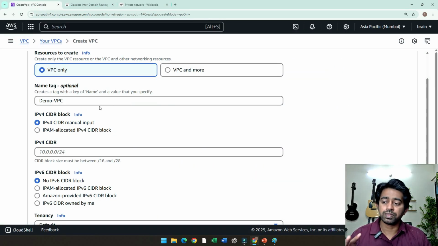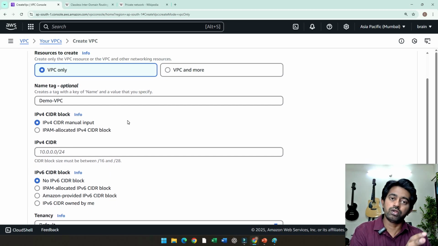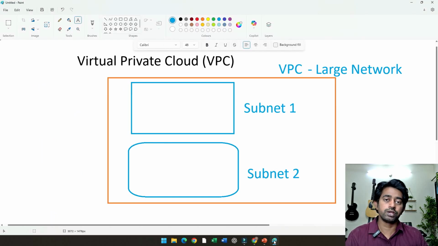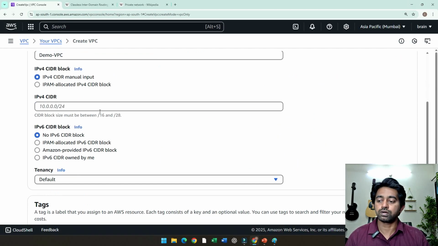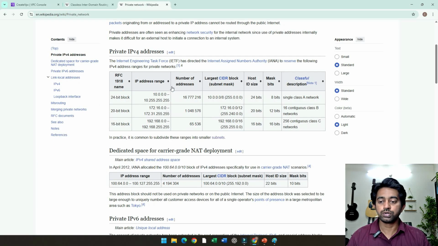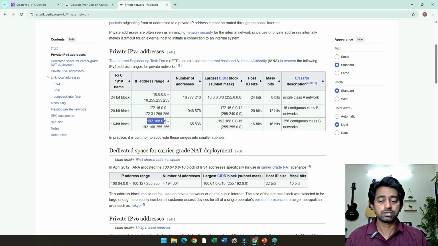So in this case, in VPC also, what we are going to do is take a private IP range to create our large network, as I've shown here, the large network or the supernet, to create our VPC. This will be our own private network. So I mention that IP range here. As I told you, there are only 3 IP ranges from which you can select the IP address range for your VPC. So I'm going to select something like this,